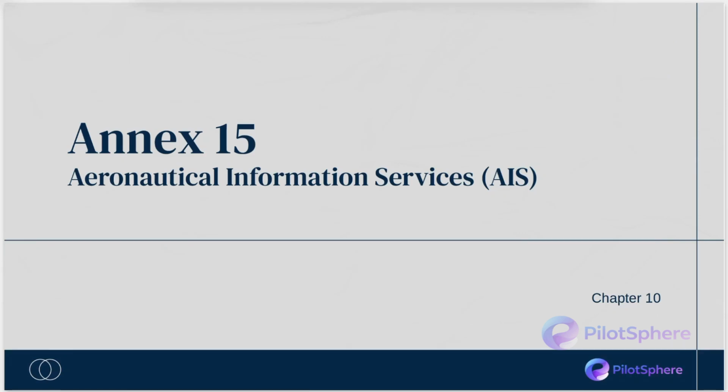Today we're looking at Annex 15, Aeronautical Information Services. This is chapter 10 in your air regulations book. As part of this annex, we are going to be looking at various publications that are issued by each state. What is the purpose and the differences of each of these publications, and how are they all published in a timely manner so that flight crew and operators receive them in time. And finally, we're going to be seeing how all of this information that is published is delivered to the flight crew before their flights itself.